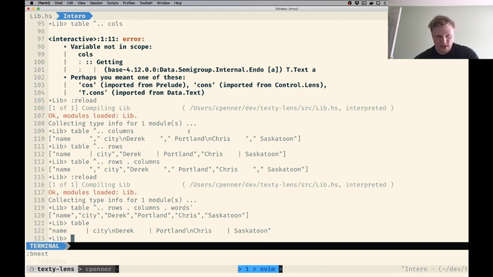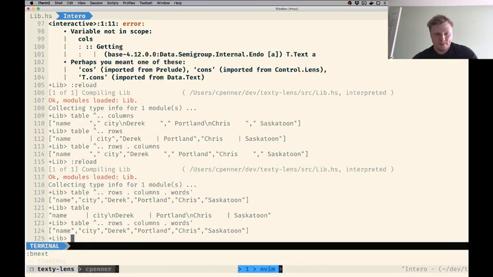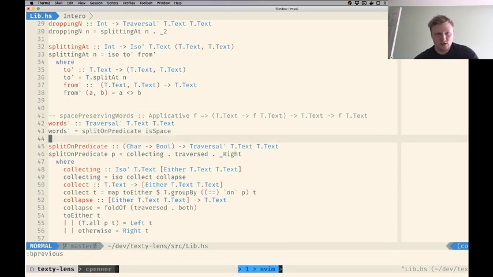But the problem is that they're all getting squished together. This happens a lot with traversals, where everything just gets embedded in a single traversal, and you can't split it back up again. And that gets really annoying because at this point, sure, we can traverse over all the columns, but what if we only want to traverse the first column, or only the second column? Well, we can do that really quickly using